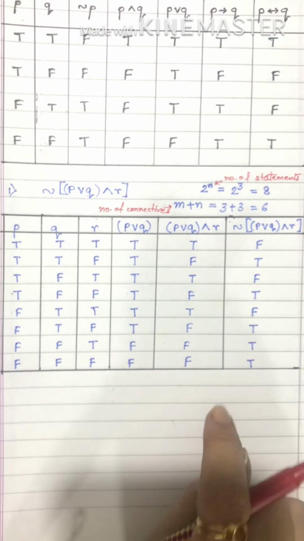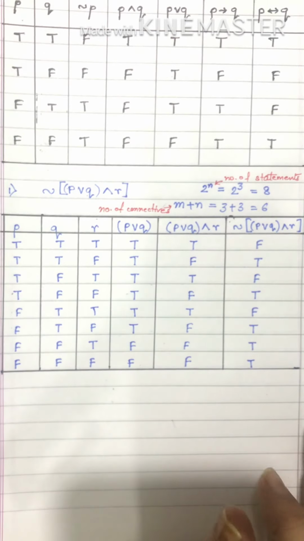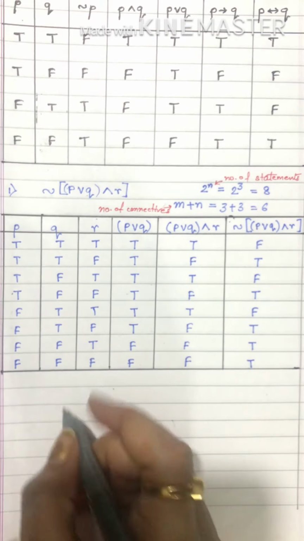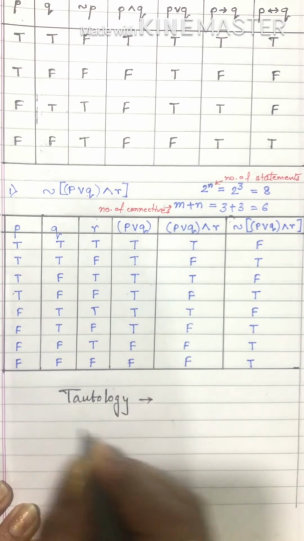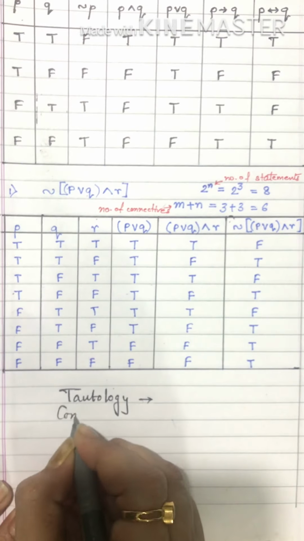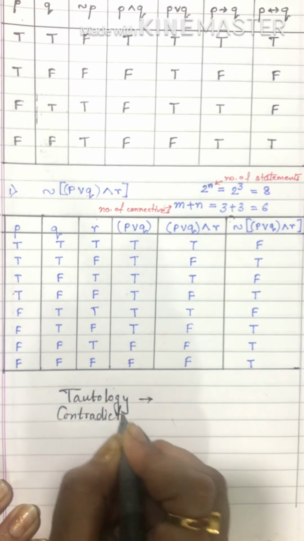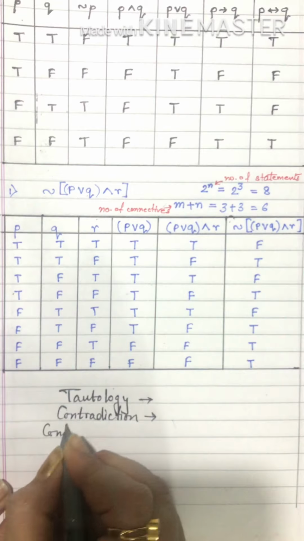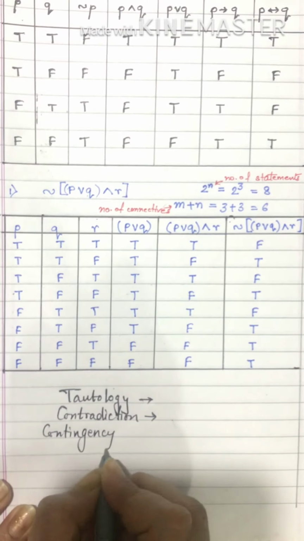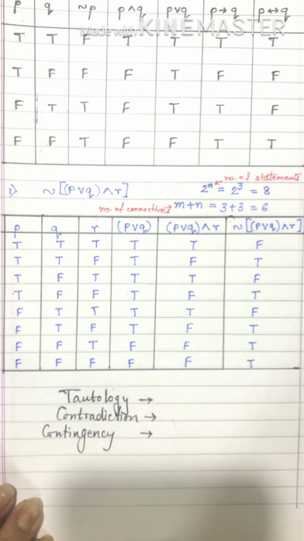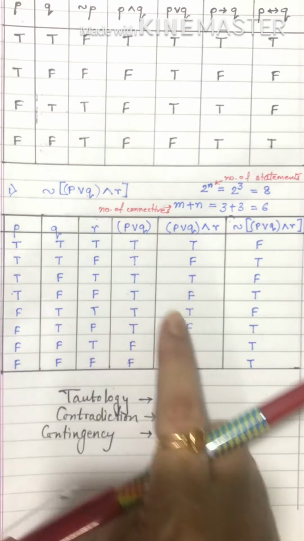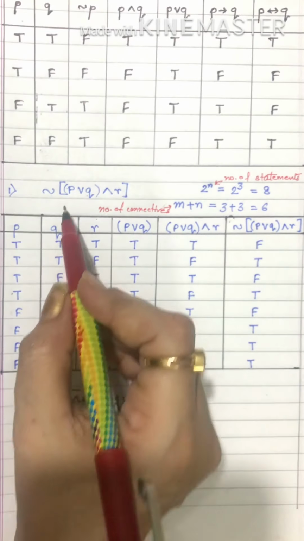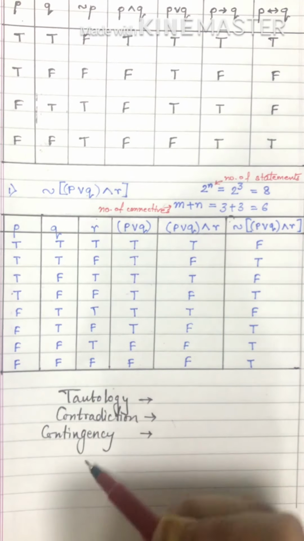Now one more thing I will explain here. So a big main type of question will be covered. There are 3 results. That is, one is tautology and contradiction. Third one is contingency. Now you will be asked questions like this: solve the following statement using truth tables and find out whether the given statement is a tautology, contradiction or contingency.